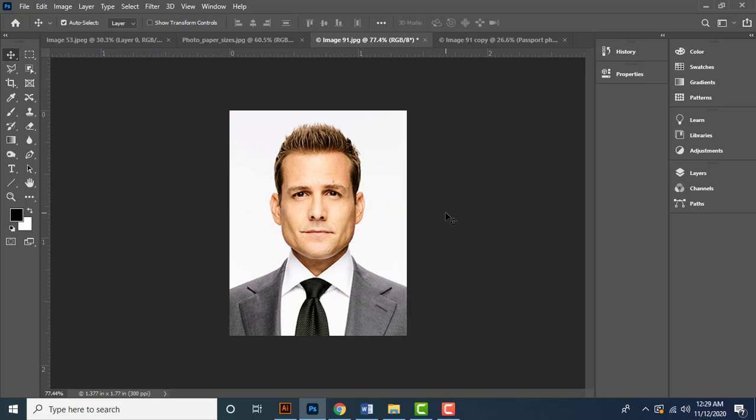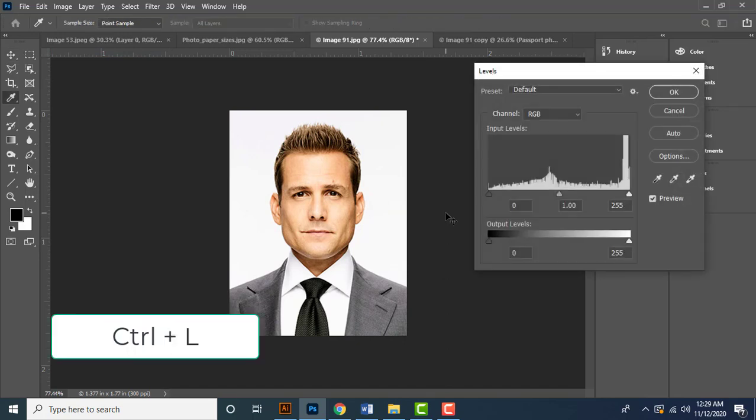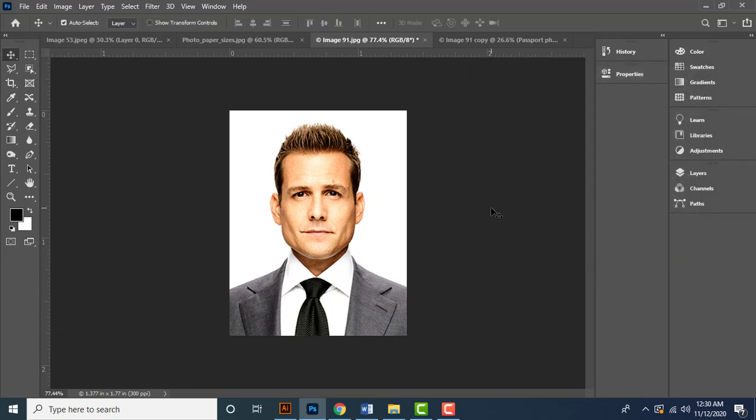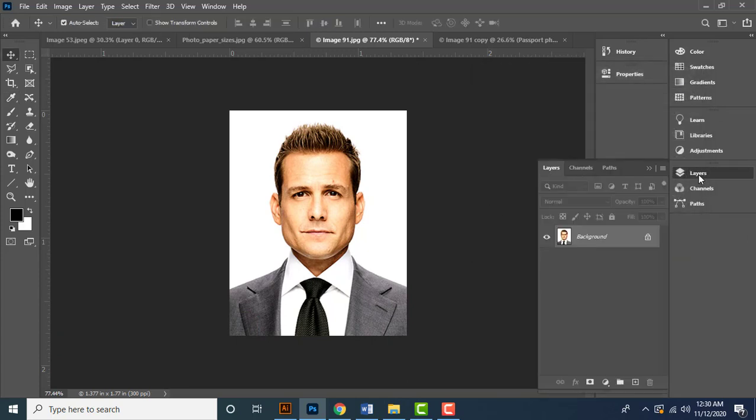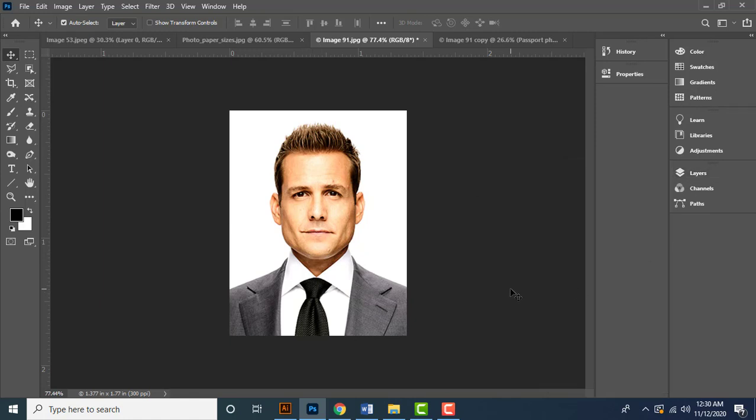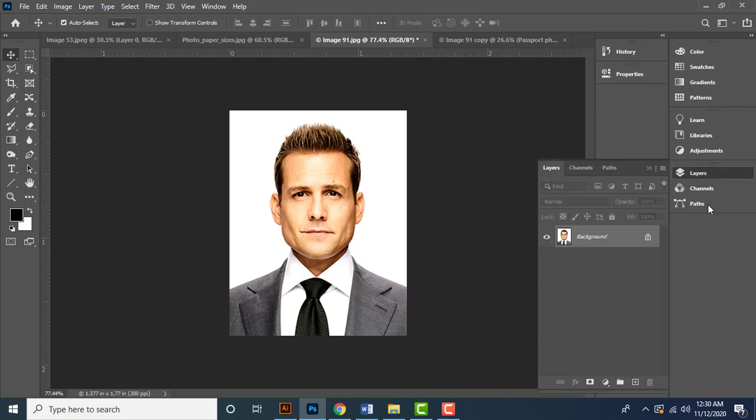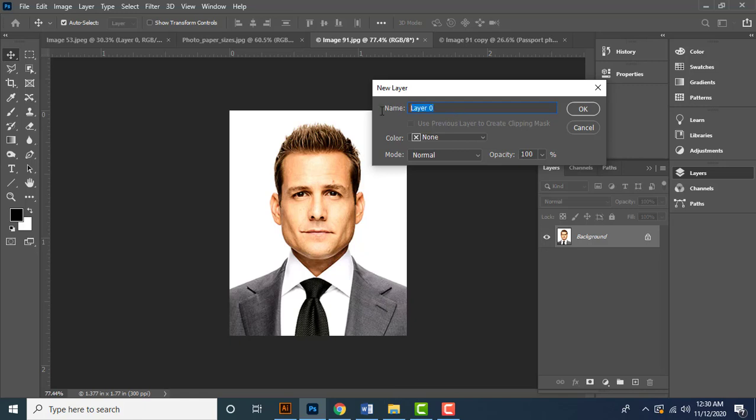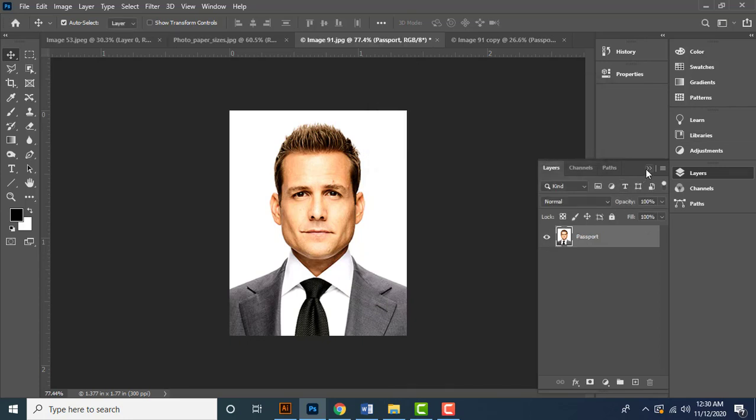Okay, as well as if I tap Ctrl L, I can adjust highlight, mid-tone and shadow level if necessary. There you go. Now let's set up a 4 up of this photo in 4R size to make it ready for print. So first let's change this background layer into normal layer. So let me type here passport,